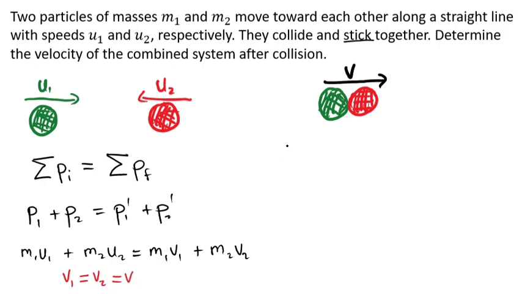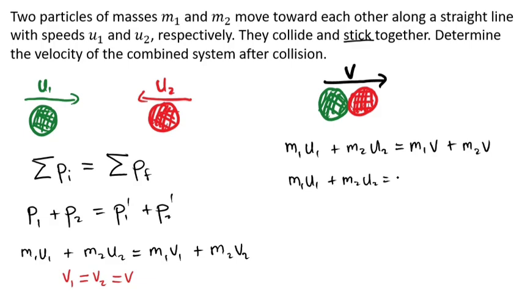Left hand side as it is. So we'll have m1 u1 plus m2 u2. This is equal to m1 v plus m2 v. So I'm writing v instead of v1 and v2 because they are common. So now this is m1 u1 plus m2 u2 is equal to m1 plus m2